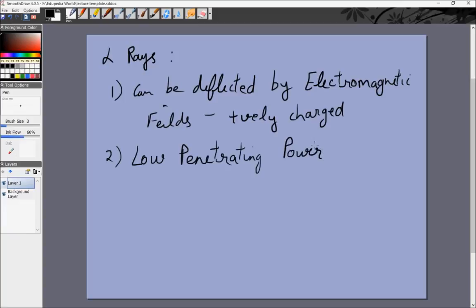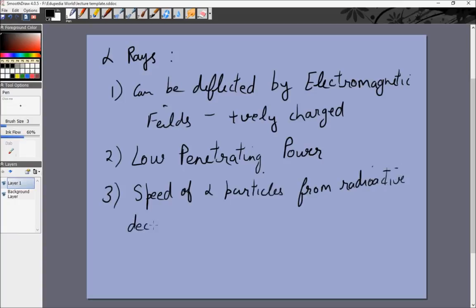And even in air, their intensity falls to a very low value within centimeters. Third, if you look at the Q value and use it to be half mv square for the kinetic energy, then the speed of alpha particles coming from radioactive decay is very large, approximately 10 to the power 8 meters per second. And this is where we see why nuclear energy is so important. A very small change in mass, because of that C square factor, can give us a very large amount of energy. Right. Also, finally, all alpha particles